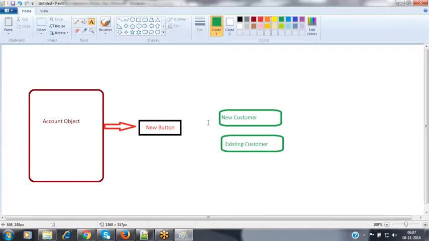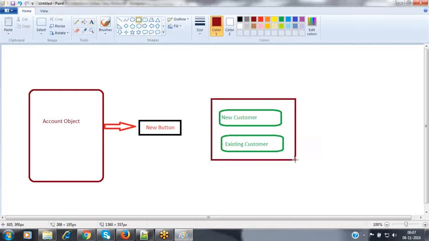Depending upon the option which you have selected, it has to redirect to the associated user interface. So when I click on this new customer, it has to provide a separate user interface to me.